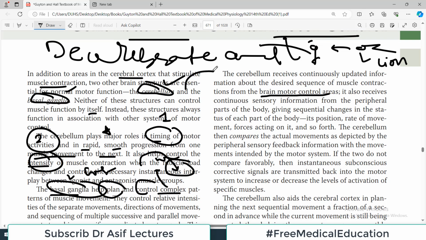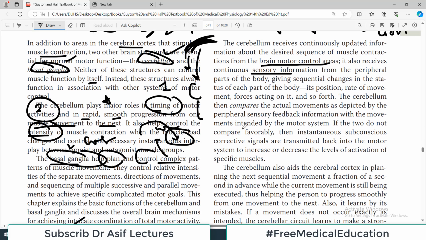So actually, imagine the cerebral cortex communicating with the cerebellum, giving it information. It also receives continuous sensory information from the peripheral parts of the body. So wow, it is getting information from the cerebral cortex as well as from peripheral parts of the body, and therefore it compares the actual movements as depicted with the movements intended by the motor system, and then it controls